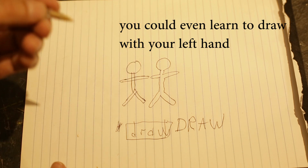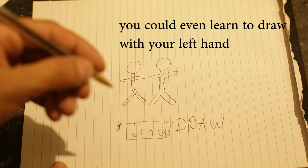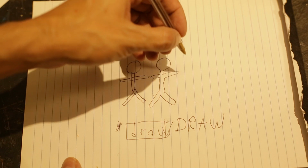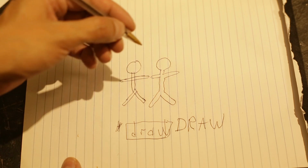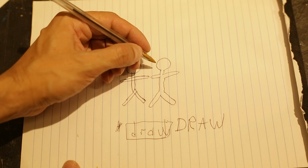As a matter of fact, with this method, you could teach the hand that you do not use for writing to draw, because it is the very beginning and it's just a matter of experience. I have done that experiment, and it works if you want to teach your other hand to draw, and that's kind of fun too. So now what you have to do is look at a photograph, a painting, a picture,